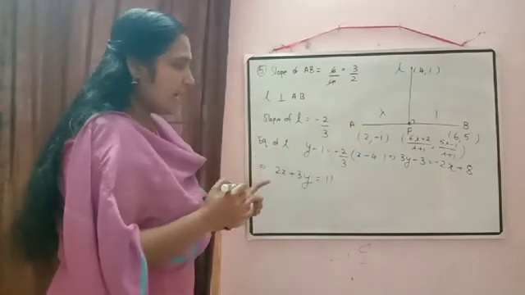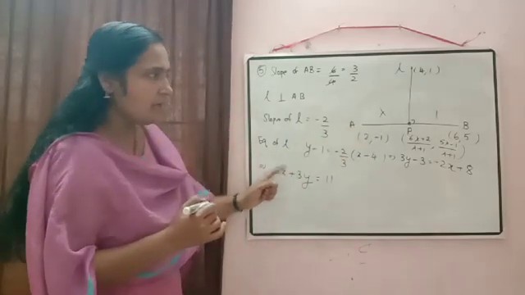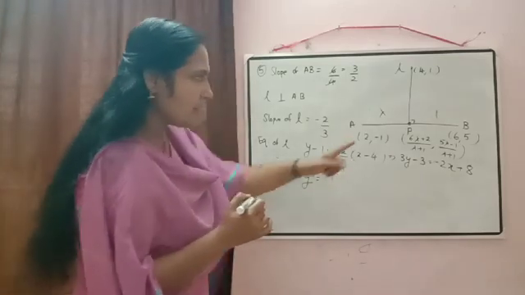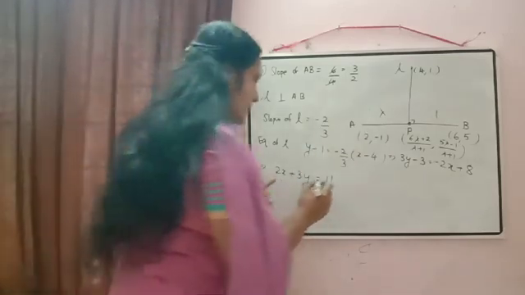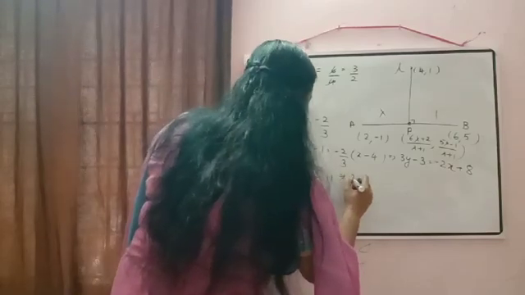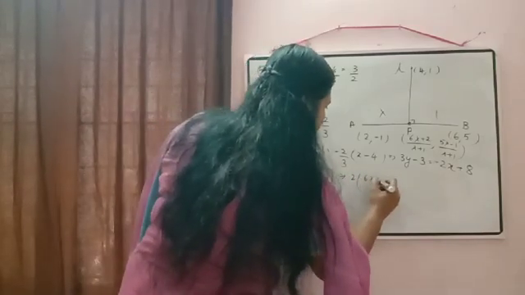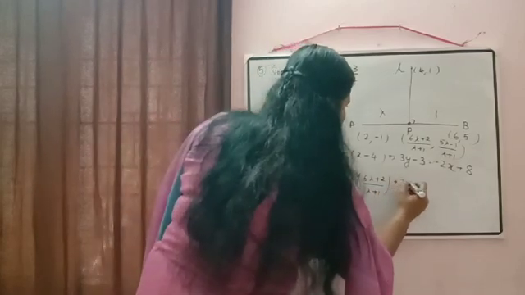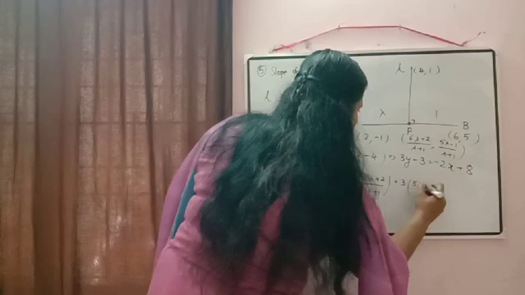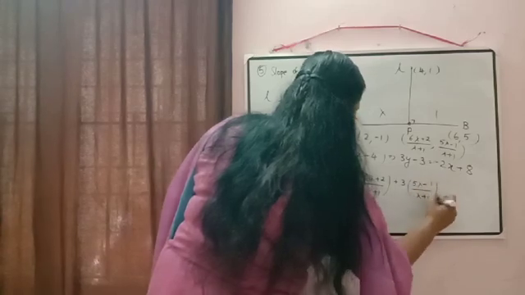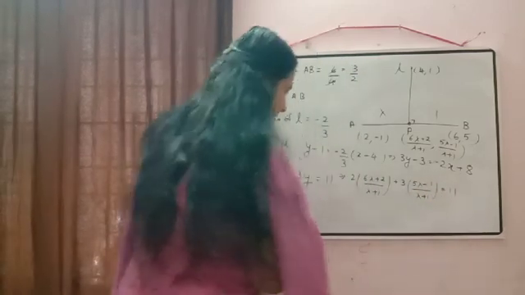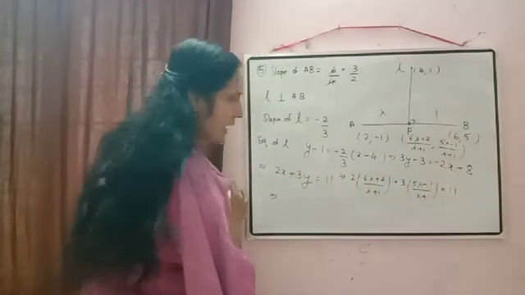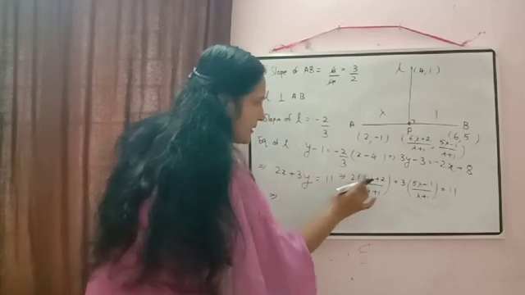Now P lies on the line L. So P will satisfy the equation of L. So in place of x and y, we are going to substitute the values there. So just to write down what will come, 2 into 6 lambda plus 2 by lambda plus 1 plus 3 into 5 lambda minus 1 by lambda plus 1 is equal to 11. Since the denominators are the same, lambda plus 1 we can shift to the right hand side. Remaining we are doing the multiplication.